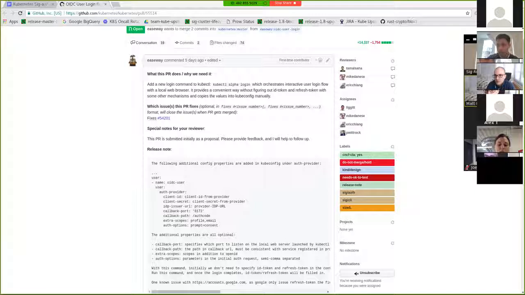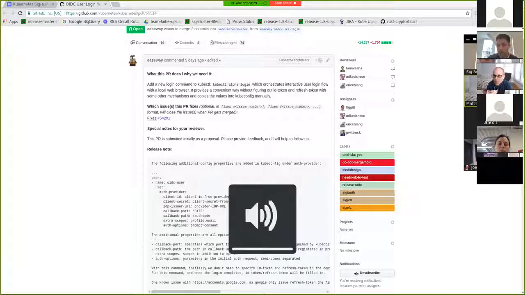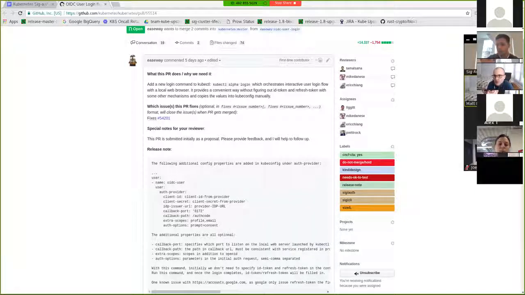I have a similar use case too. There's a mechanism now for GCP for basically plugging in a command to refresh a token. I started working on an AWS authenticator piece that I demoed at SIG AWS a couple weeks ago, and really wanted a similar kind of plugin interface in kubectl, where I run this command to generate a token. It's not there right now, so I think this would be a good